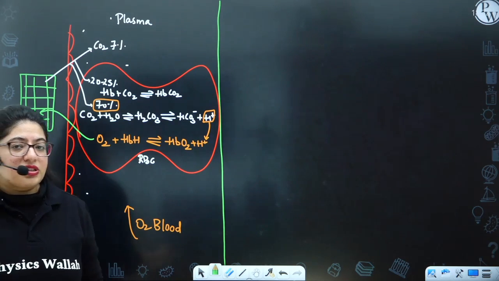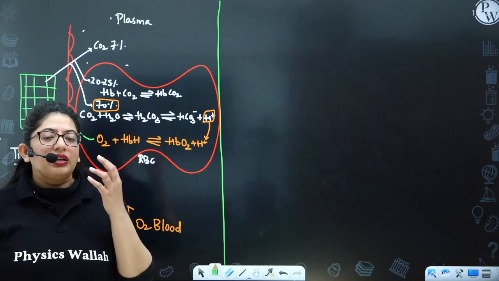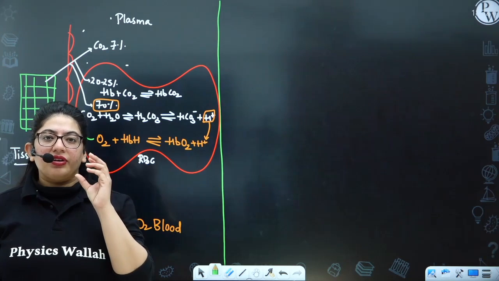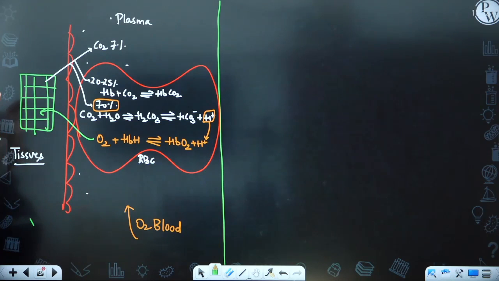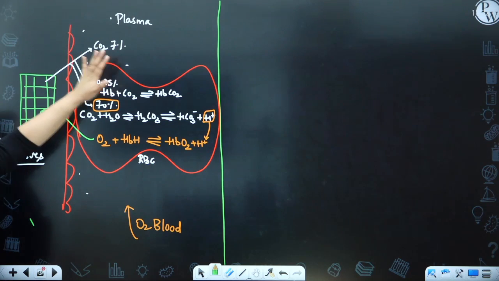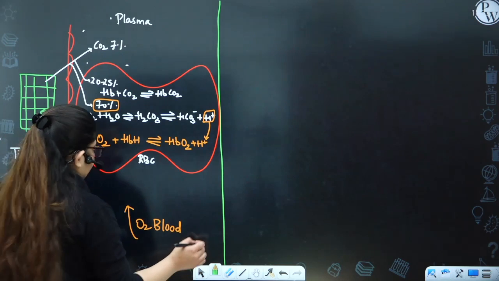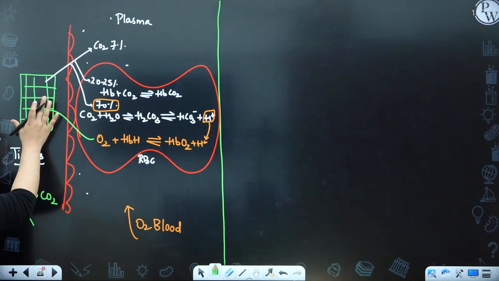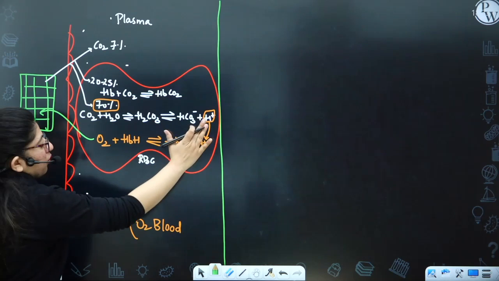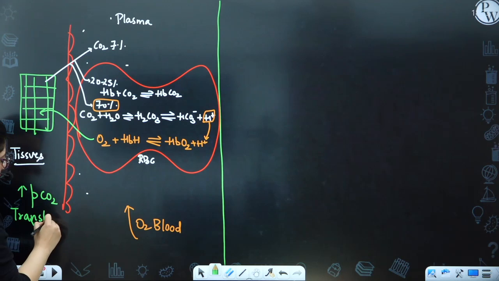So this is how whatever oxygen is coming inside the RBC in the form of oxyhemoglobin gets transported to the tissue. From this we understand that whenever there is an increase in partial pressure of CO2, because the tissue was respiring and there is formation of CO2, it leads to the transport of oxygen,